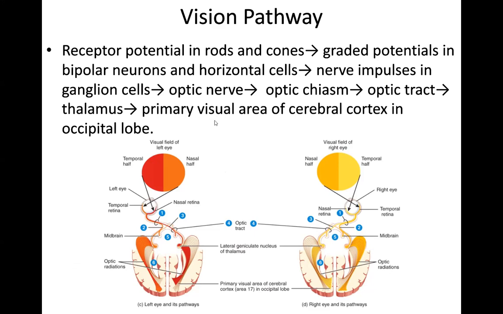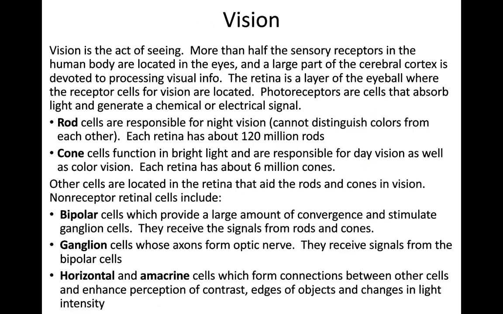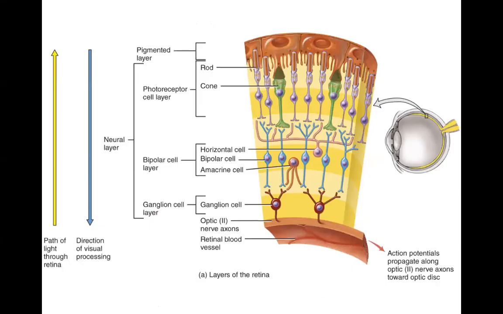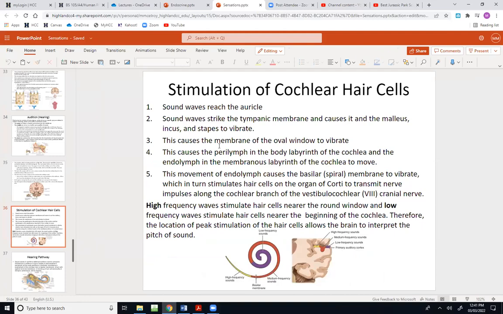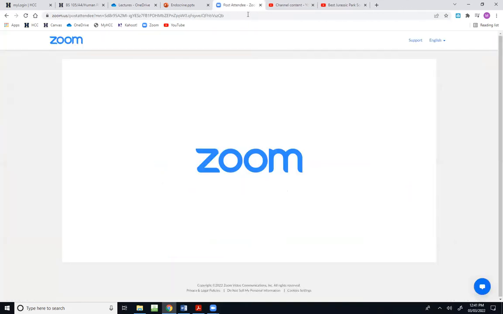Ultimately, most of that signaling is ending up in the primary visual area of the cerebral cortex, which is in your occipital lobes, back of your brain. And same thing, don't worry about all the ins and outs of what's going on. Definitely make sure you know the different cells and what they do when it comes to vision. But I'm going to keep it really, really simplified, which is for the best, because like I said, vision is the most complicated of all of our sensations, and rightly so. It's pretty darn amazing. All right, any questions on sensations? Okay, well then with that said,